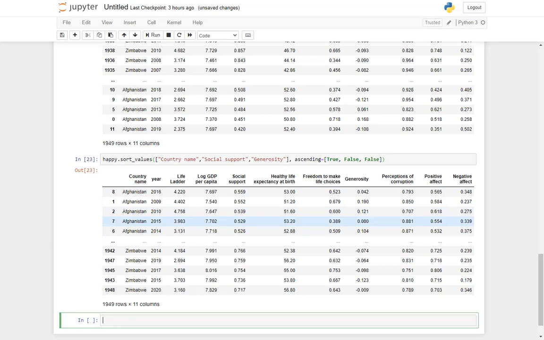Can we look into some other attribute or column which has got the same value? Social support, life expectancy, no. Perceptions of corruption, no. Positive effect, no. Negative effect, no. I don't see any.